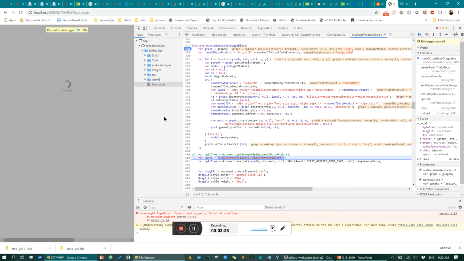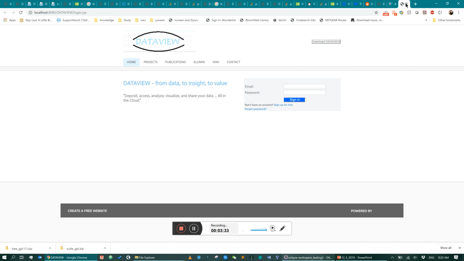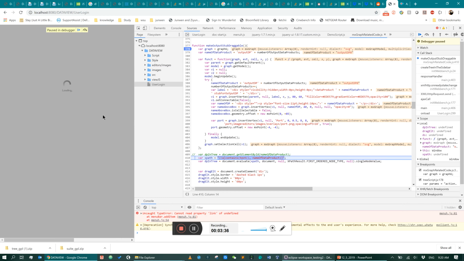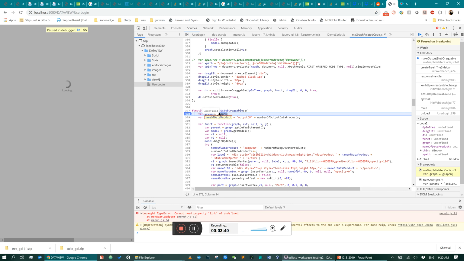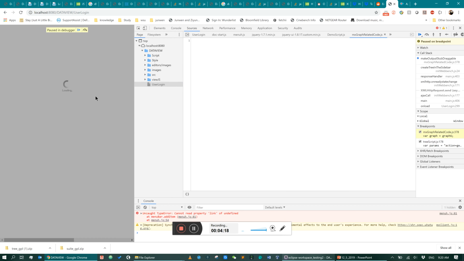So maybe we can go through the code and try to debug it. Okay, maybe we can use this existing one. I set a few breakpoints, like in this method that makes outputs trackable. What it will do is go through each item and try to download from Dropbox as well as make it trackable. And you can see this is the old code, and it will use getElementById, and this is the name of the data product, basically the elements of a project. So if we can refresh this again,